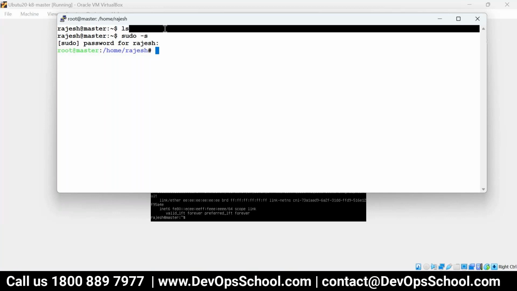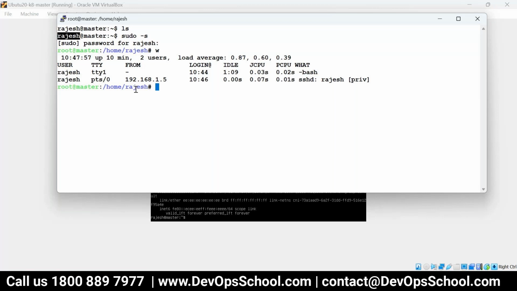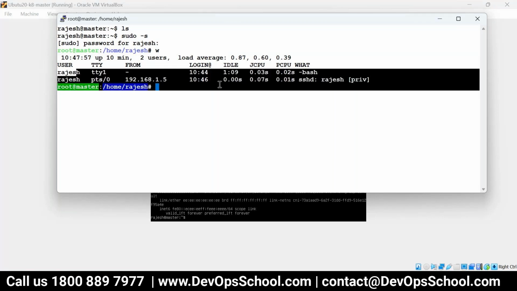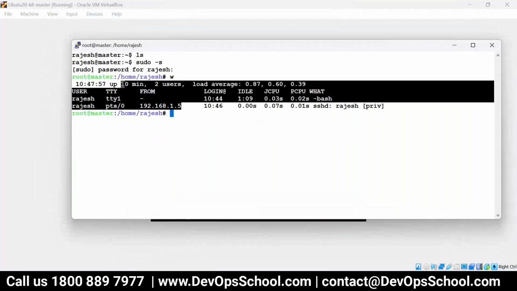Okay, so I became root. This was a normal user. With w, see how many users have logged in. There's only one user, but two sessions: one from the terminal, and then I logged in through this, so two terminals are active.